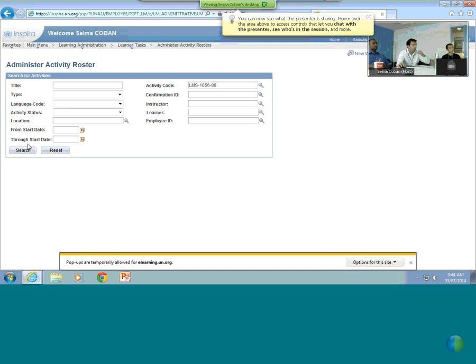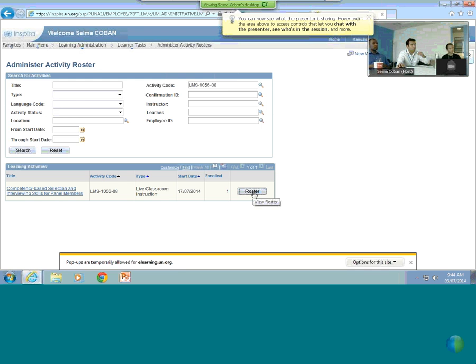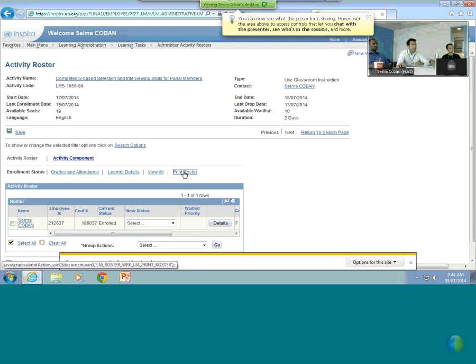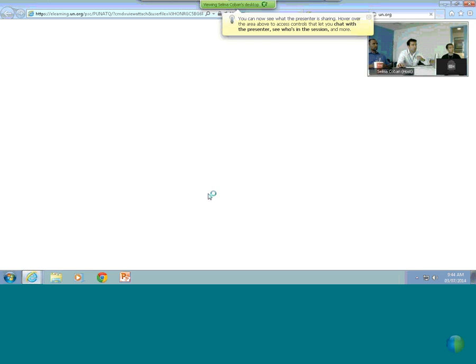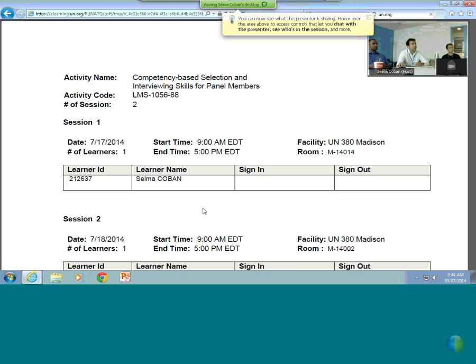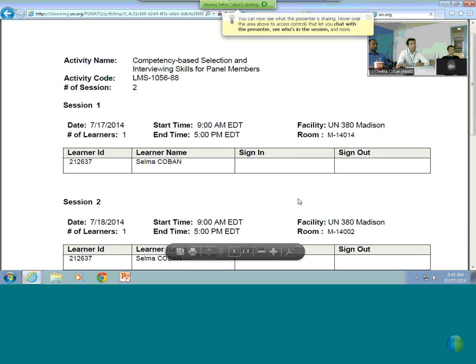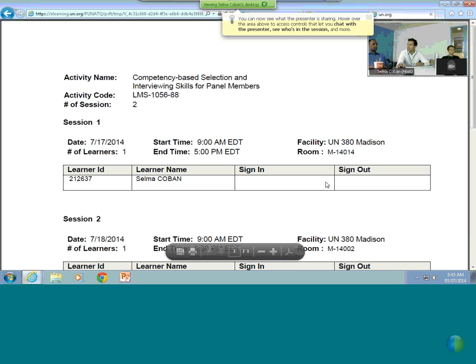So you need to have the pop-ups on the browser. So in this computer, I'm going to click on that. And this basically is a basic roster for your courses, right? So you have the name of the course, the section, and so participants can sign in and sign out. This is automatically done by the system. You don't have to build your Word document every time. You go, click, you have it there.